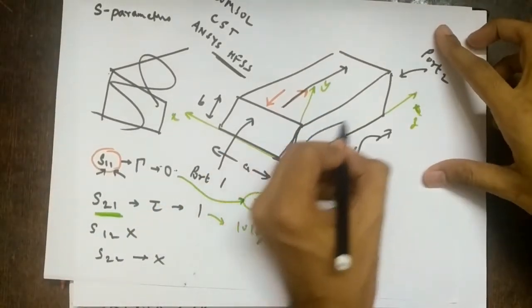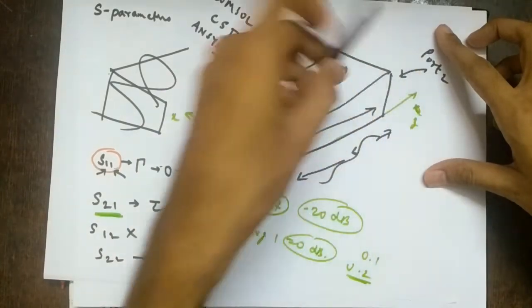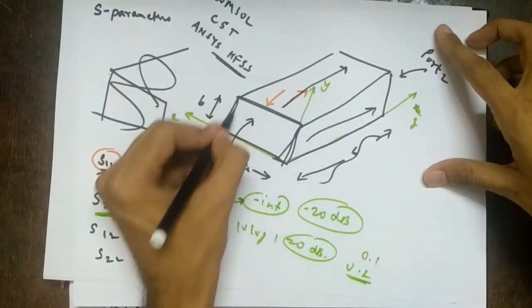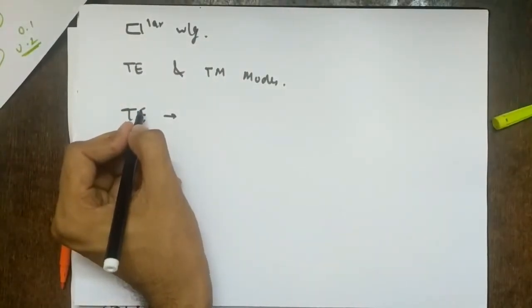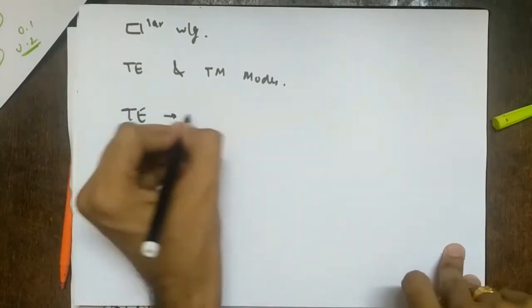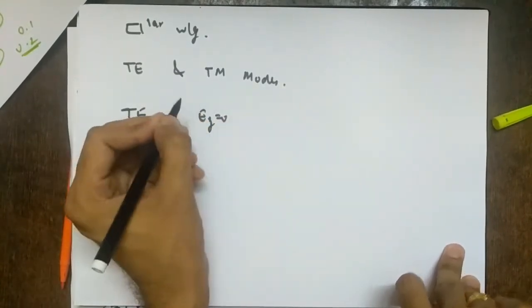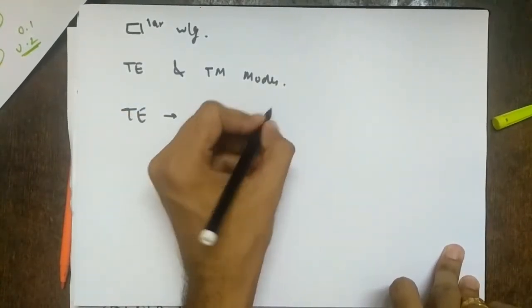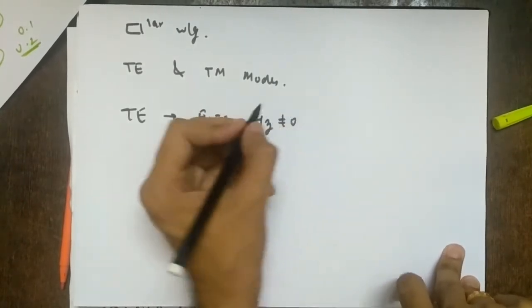So this was the direction of propagation, z. The electric field was transverse to this z, obviously, meaning it lay along this rectangular edge, right? So that is why it is called the transverse electric mode, right? So the electric field is transverse, right? So what was it? Ez was 0 because there is no component of electric field in the direction of propagation, and there is a component of magnetic field in the direction of propagation, so Hz is not 0, right?